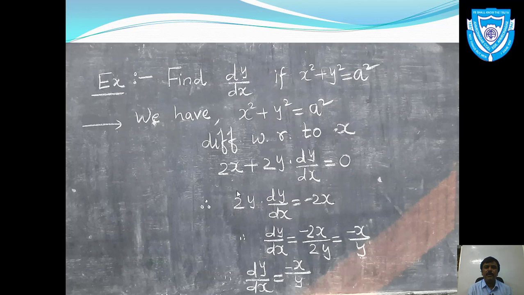So derivative find out करने का procedure खत्म हो गया. We have derived the derivative, but we are asked to find the value of dy upon dx. डेरिवेटिव तो फाइंड आउट कर दिया हम लोगों ने, बट हमें dy अपॉन dx का वैल्यू फाइंड आउट करना है, dy अपॉन dx का. So therefore we'll keep dy upon dx at the left hand side and we'll shift all the terms to the right hand side. So in the next step we have got 2y into dy upon dx is equals to minus 2x. We have shifted this plus 2x to the right hand side, so it became minus 2x. Now we'll shift this 2y to the right hand side.